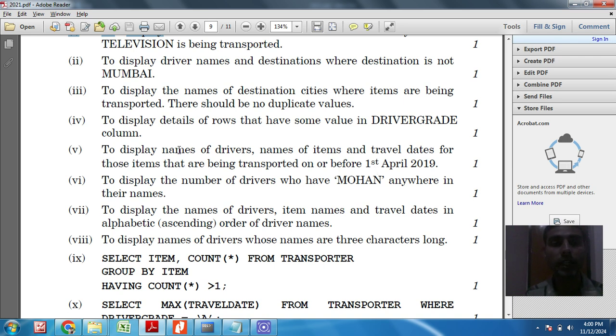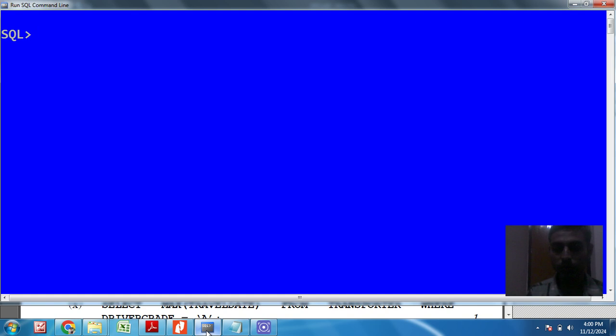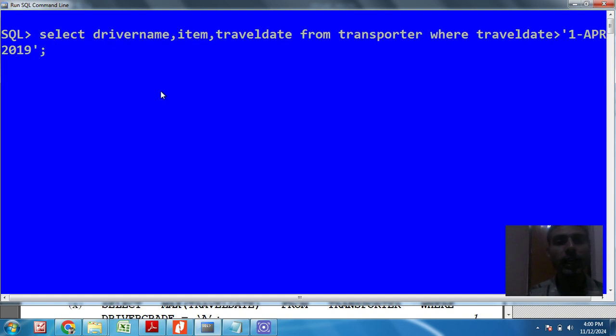So we have to display the driver name, item name and travel date. Select driver name, item, travel date from transporter table where travel date is less than 1st April 2019.